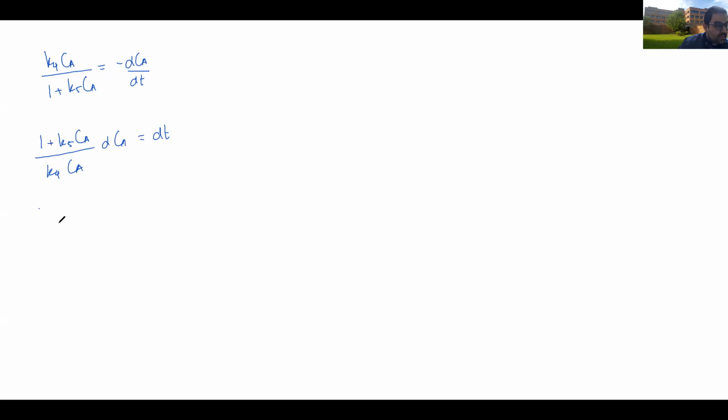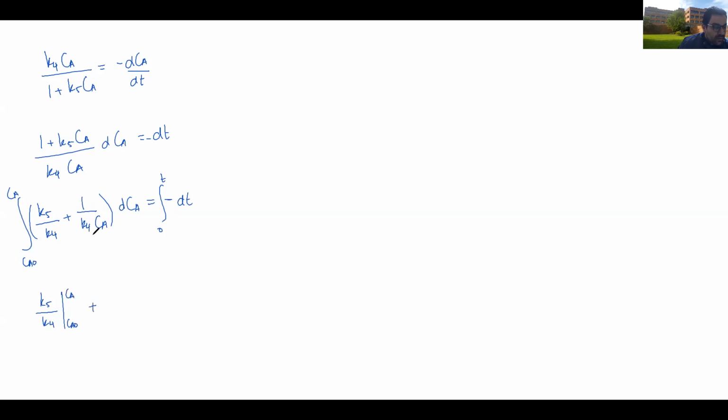No, this has to be a plus, right? Yeah, so this guy right here will be equal to K5 divided by K4 plus 1 over K4 CA, all of this multiplied by dCA, and there's a minus sign here, is equal to minus dt. And we said I'm integrating this guy from CA naught to CA, and I'm integrating this guy from 0 to t. So basically, if I integrate the first expression, I'm gonna get K5 divided by K4 CA naught to CA,